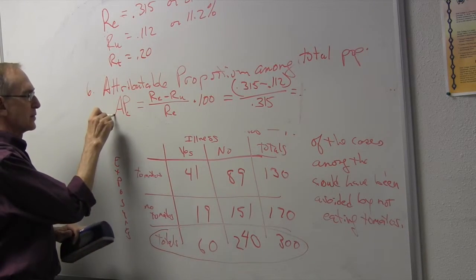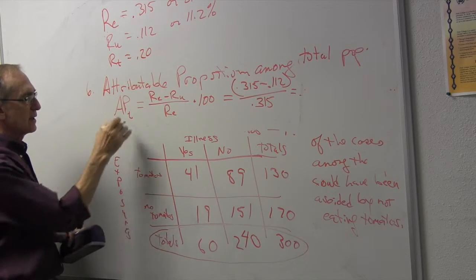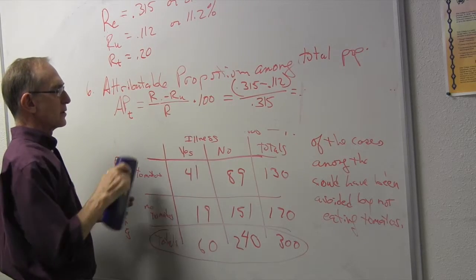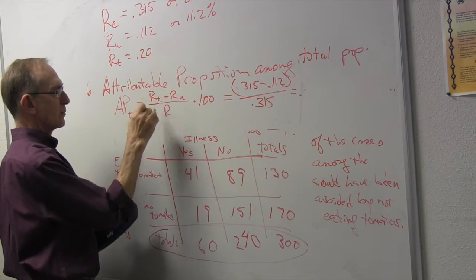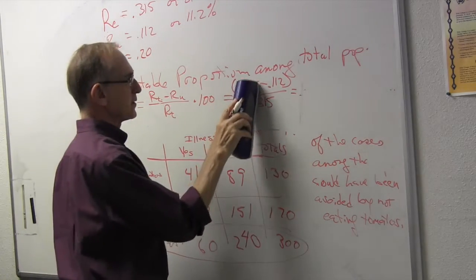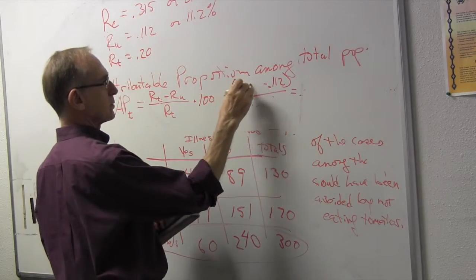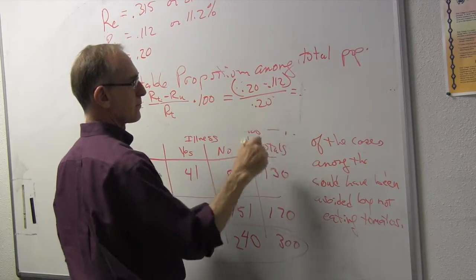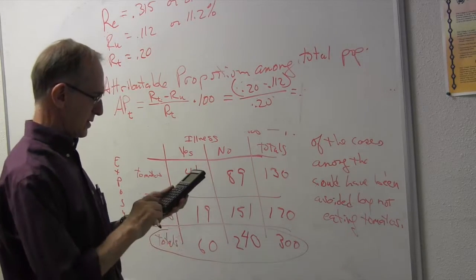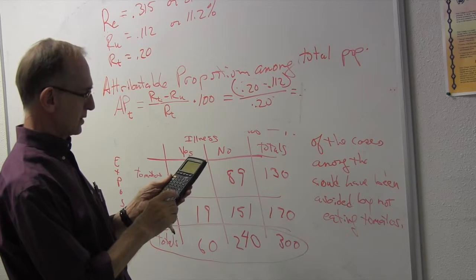So that would be attributable proportion, and now you have a subscript T here, total population, and then you have the rate in the total population in those 2 places. And then instead of the 0.315, we have the 0.2. Okay, so now we can do that calculation, which is 0.2 minus 0.112,